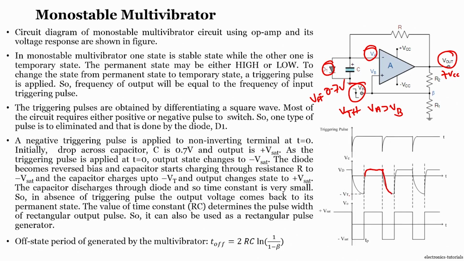Till our threshold value, isn't it? Why not to minus VCC? The reason is that we know, even from the astable multivibrator or even from the Schmitt trigger, when the input voltage is smaller than our negative threshold value, it goes to plus VCC again, right. So that means it will discharge only till minus VCC, right. So that decides